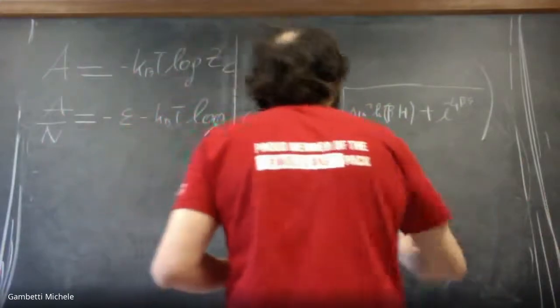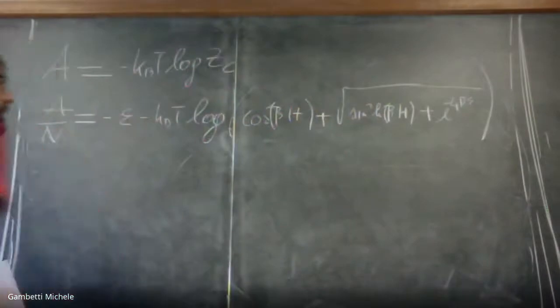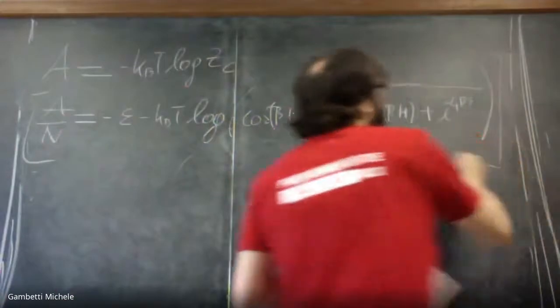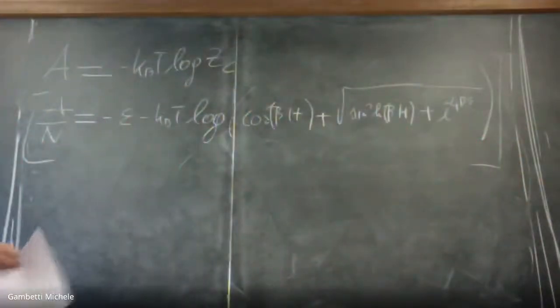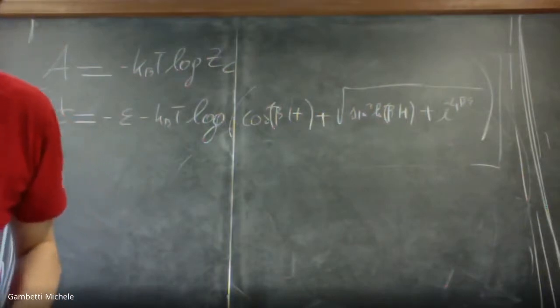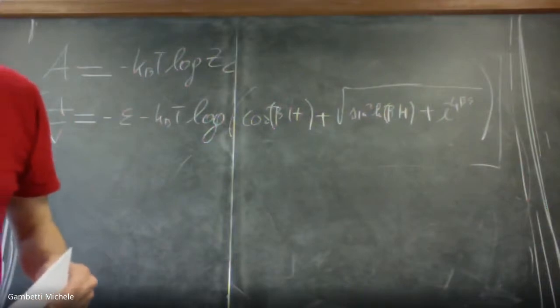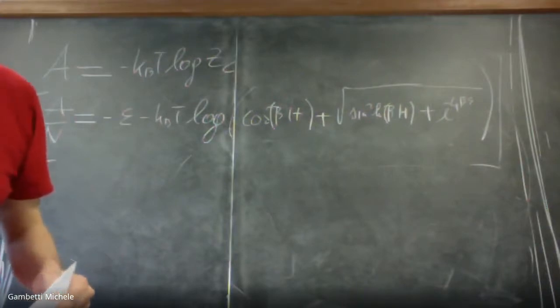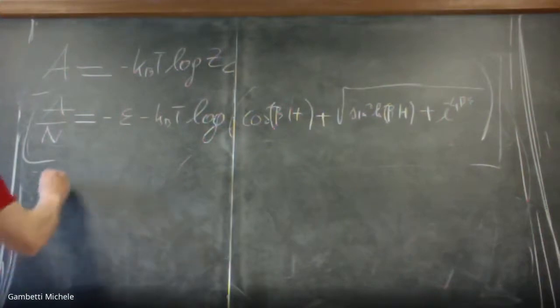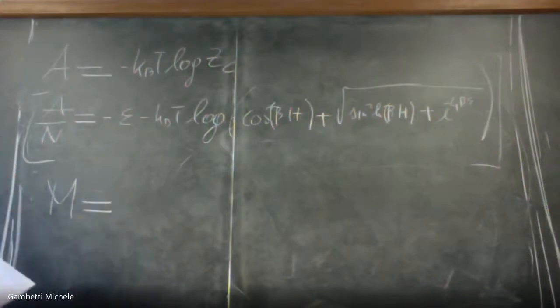Now what we do next, this is the energy, the Helmholtz free energy per particle. Of course, I can compute all my thermodynamics out of that, and actually, I think at some point I will compute, or at least I will sketch the computation of the internal energy and the specific heat. But let me now, first of all, compute the most important quantity in this context, which is the magnetization again. And what is the magnetization? So we come back also to the problem of last time.